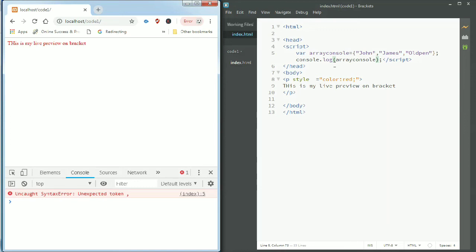Okay, so my output is an array of size 3, and the starting index value 0 is John. Just write clear here. So the output is an array of size 3, with index 0 equal to John, index 1 equal to James, and index 2 equal to old pen. The length equals 3, and proto equals